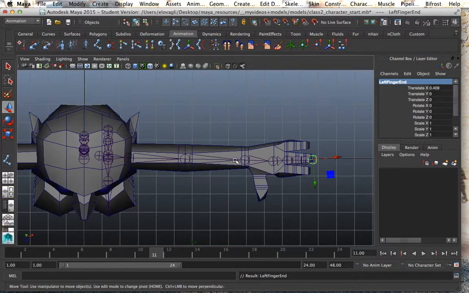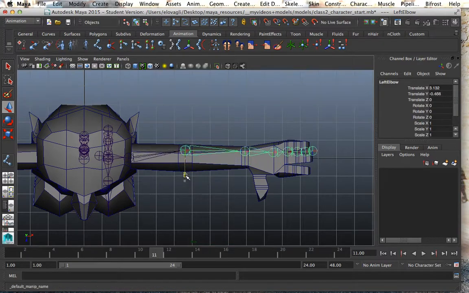Perfect. Okay, so one thing I want to do, guys, in this arm is actually give the sense of how it's bending a little bit. So if I grab on this, for example, I want to move this elbow a little bit back so that I can explain that that's what it does. If I try to move it, it moves the whole chain past that elbow because everything is, as I said, in a chain format. In fact, I'll show you the outliner that is very clear about that. If I hold the D key and I move in this direction, you see that this time it moves only